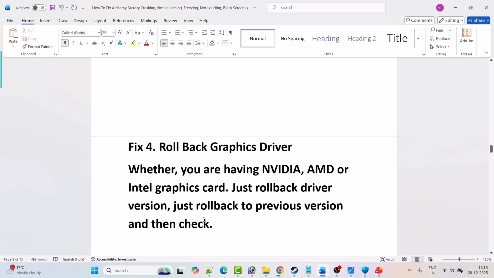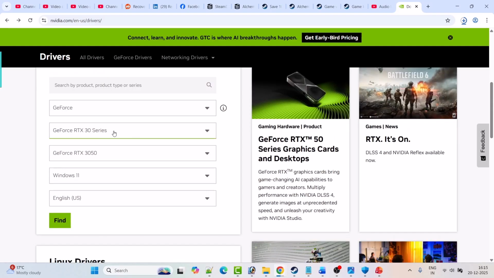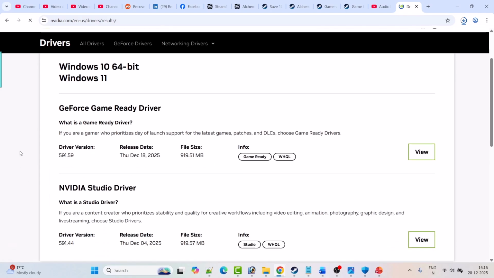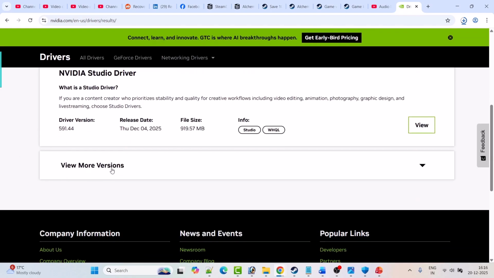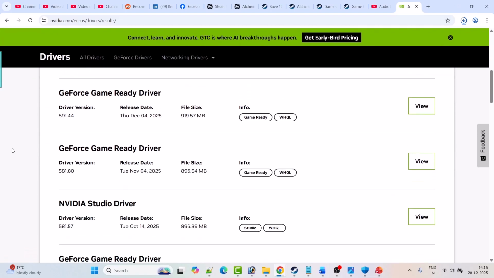I'm showing the example of NVIDIA graphic card driver. Just go to the NVIDIA website and here enter your graphic card driver version and then select Windows operating system and then click on find. Scroll down, click on view more version